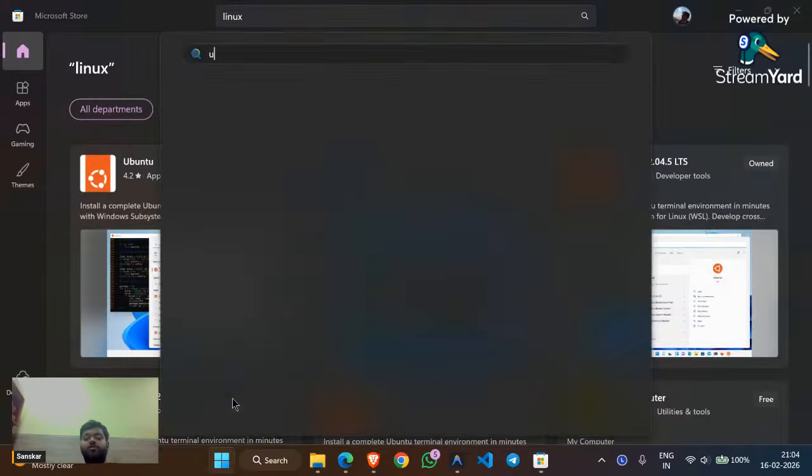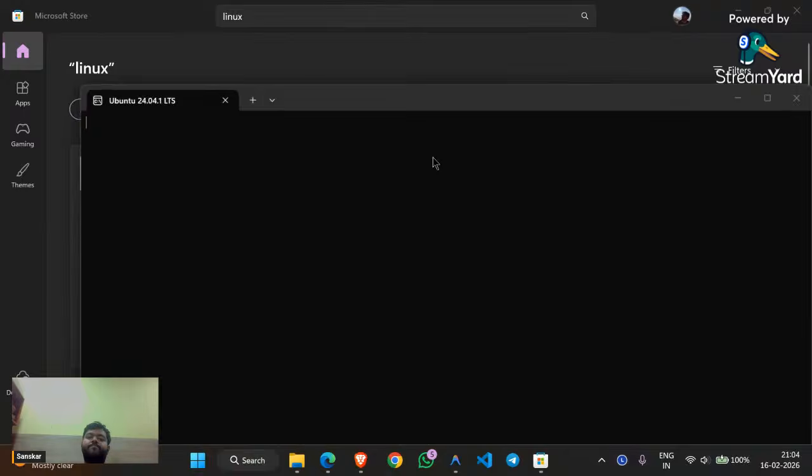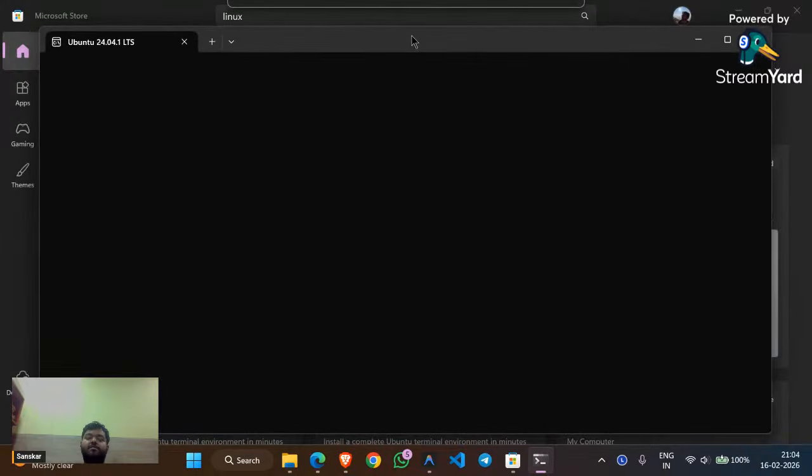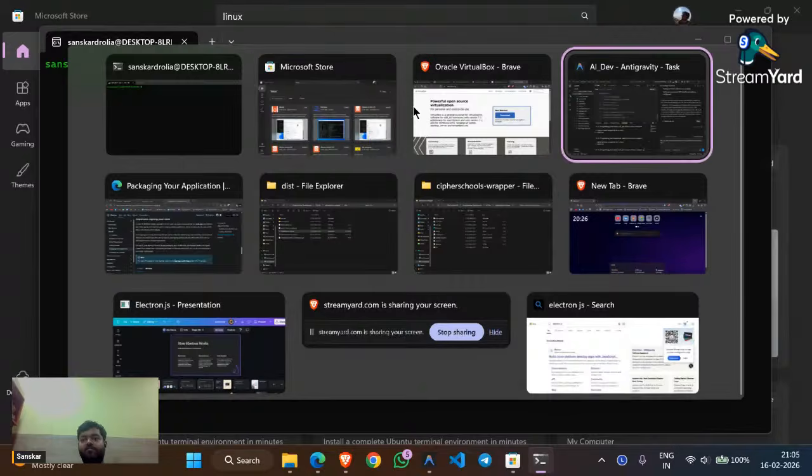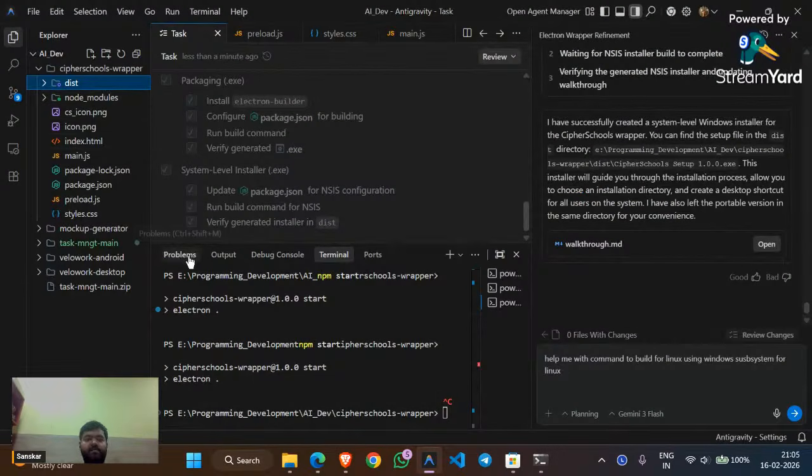So if I open Ubuntu, okay, now it will run this. This is a Linux terminal, by the way. Okay. For those who don't know, this is a Linux terminal, and we enabled it using Windows Subsystem for Linux. Okay, you can just type in YouTube itself and look for how to install Linux on your Windows using Windows Subsystem. Okay, now what I will do, first we will check Google Antigravity, what they have built